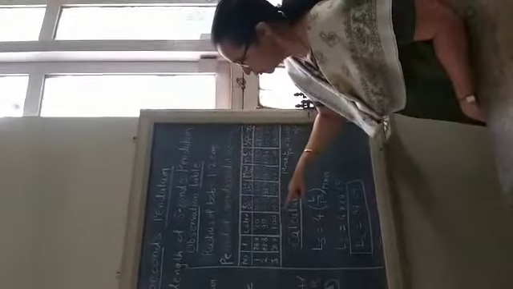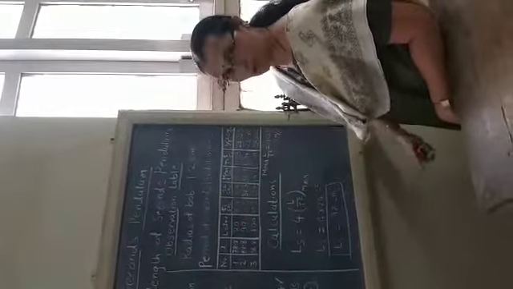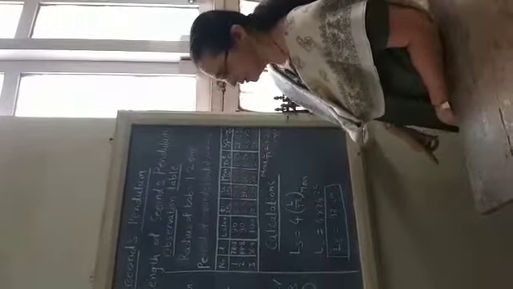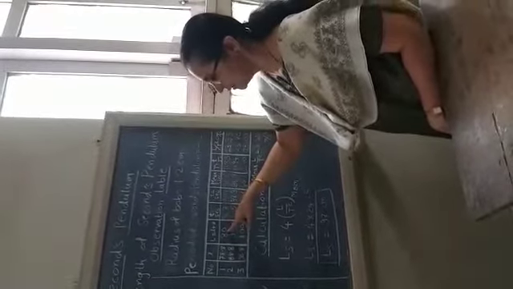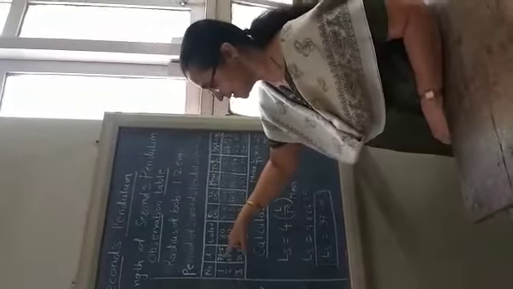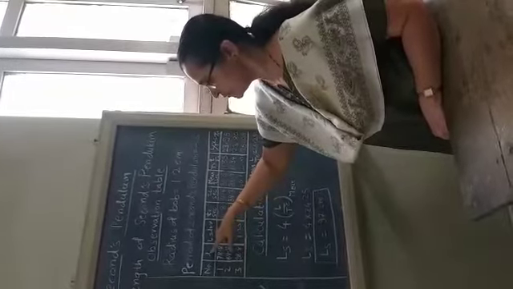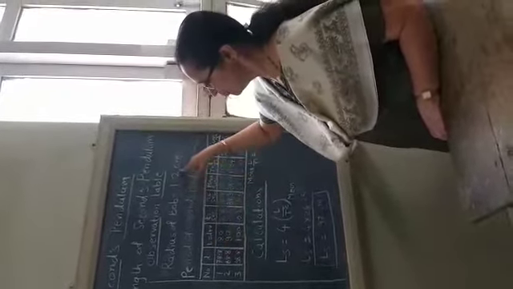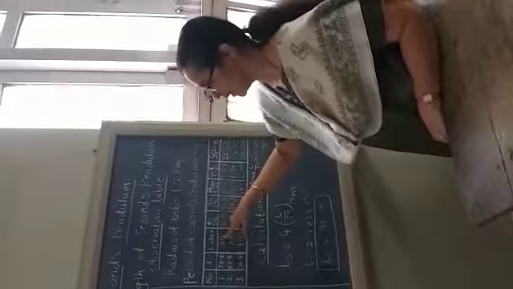Now here we have to find out the time required for one oscillation for 3 different lengths of the simple pendulum. First we take the length of the simple pendulum as 80 centimeter. For that we take the length of string as 78.8. The length of string 78.8 plus the radius of bob 1.2, therefore the length of the simple pendulum comes out to be 80 centimeter. Now let us measure the period of the simple pendulum with the help of this digital clock.